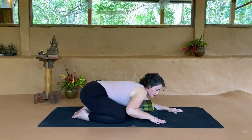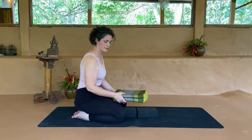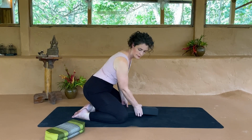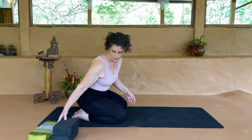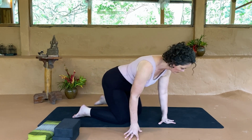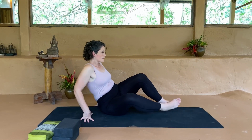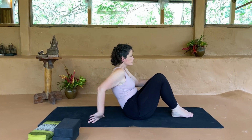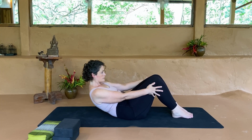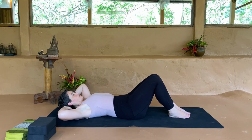Gently lifting your head, walk your hands back, tighten your abdomen to support your low back, and we'll just remove those props off to the side and transition carefully down to the ground with a lot of awareness. And we'll come into a reclined butterfly with a chest opening option. First,